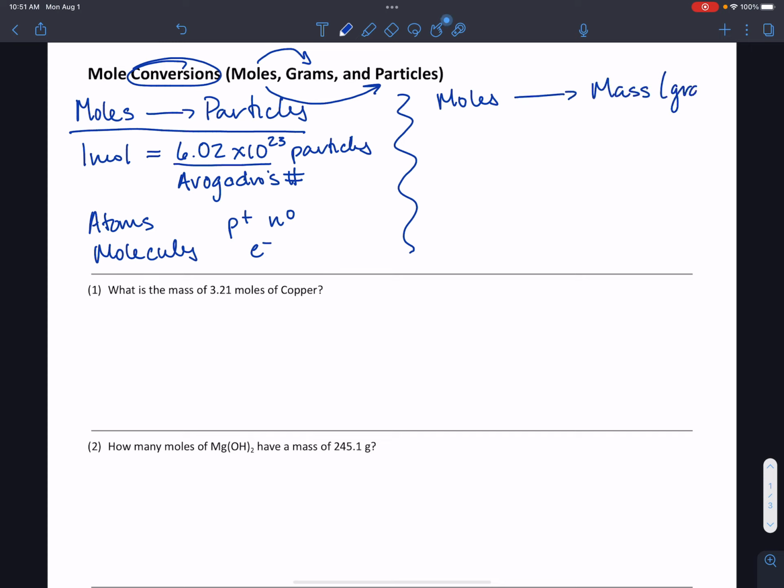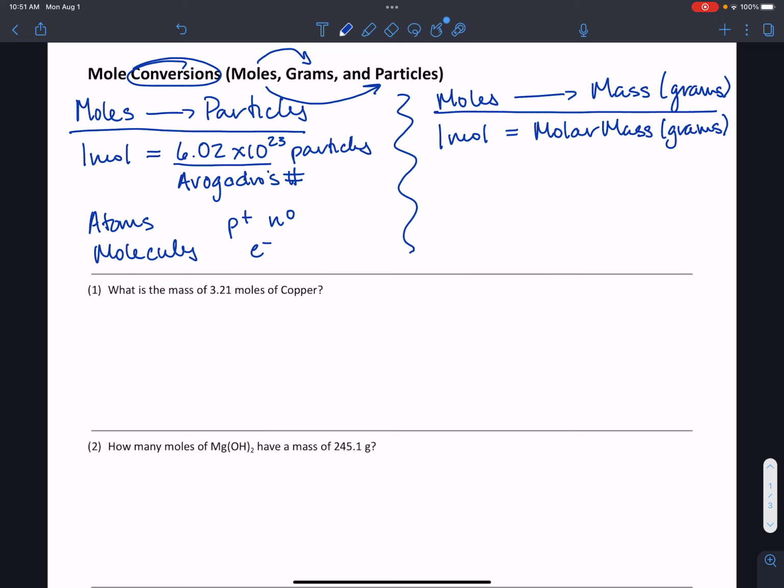use grams, we're not going to be able to use Avogadro's number for that. Instead, we say that 1 mole of any substance is equal to its molar mass, and that unit will be grams. The molar mass of a substance, if we think about Avogadro's number, we have 6.02 times 10 to the 23rd particles within that mole, and each of those individual particles has a certain amount of mass. So if we take the mass of all of the particles and add them up,